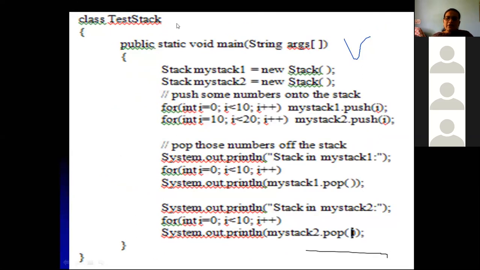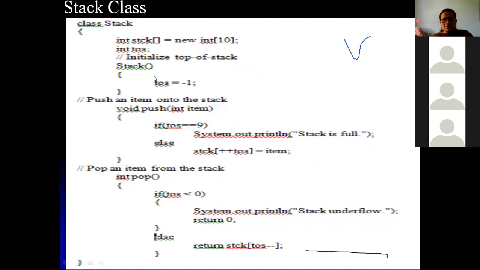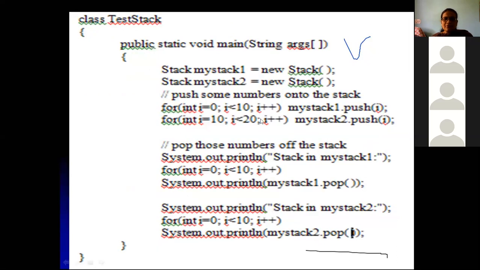And here we have another class for main. In that main we have created two different objects, myStack1 and myStack2, and we call the constructor. In both statements, the top pointers of both objects get initialized to -1, and we have to push values from 0 to 10 and 10 to 20.